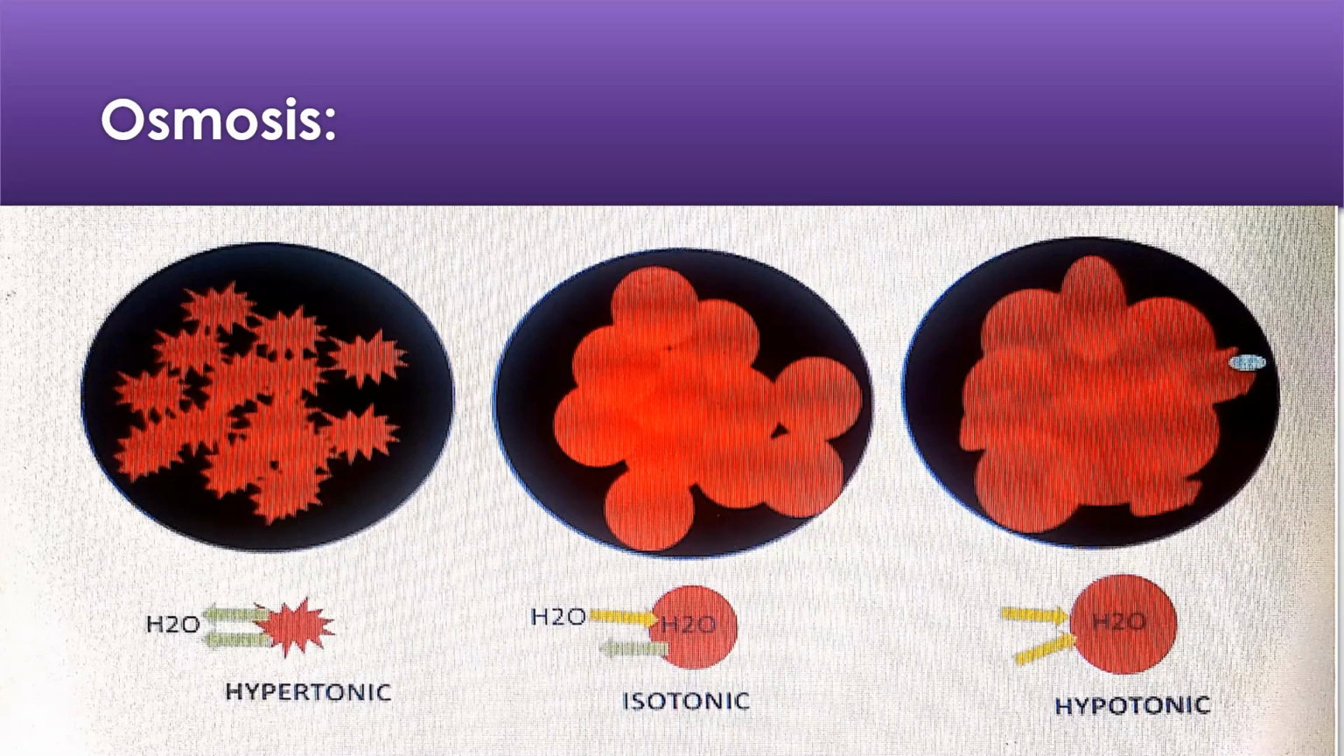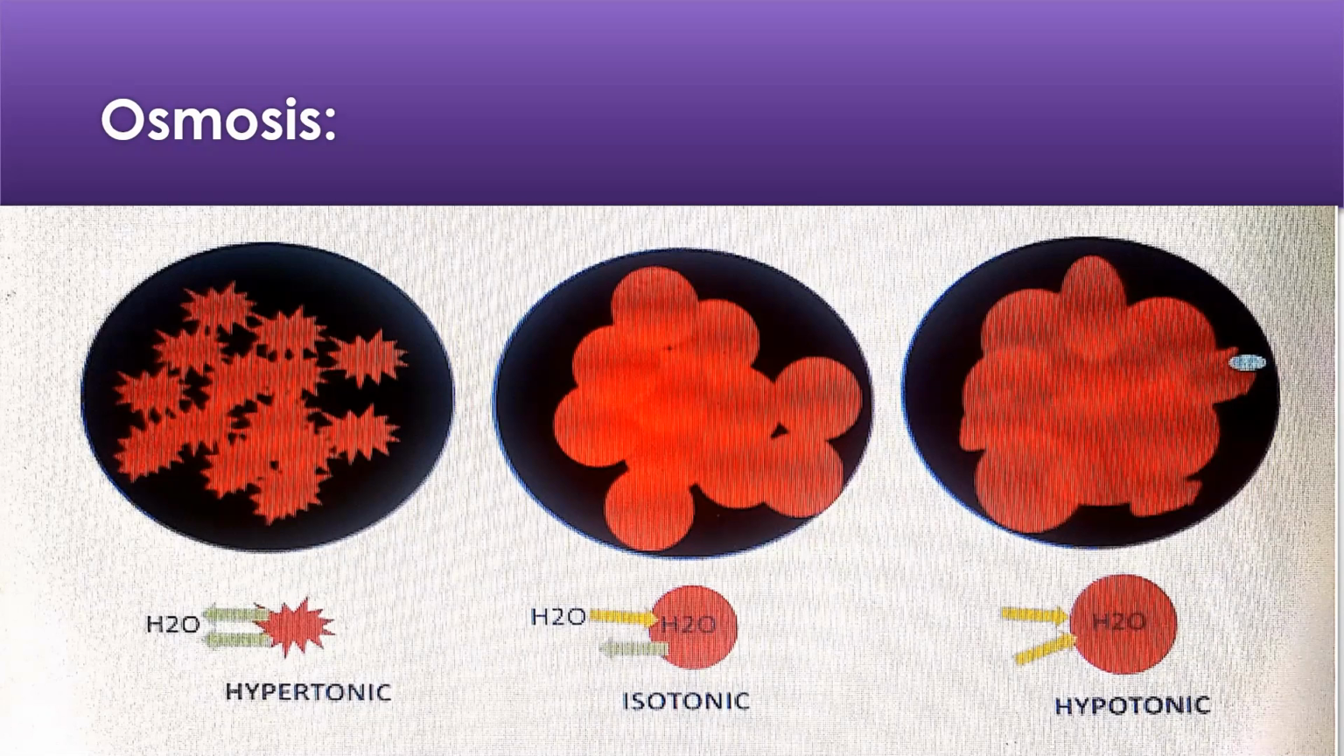As you can see in the diagram, we have three different types of solutions: hypotonic solution, isotonic solution, and hypertonic solution. First, we will discuss the isotonic solution. As you can see, the water with the yellow arrow is moving in and the gray arrow, water is moving out of the cell. It means the concentration of ions within the cell and the concentration of ions in the